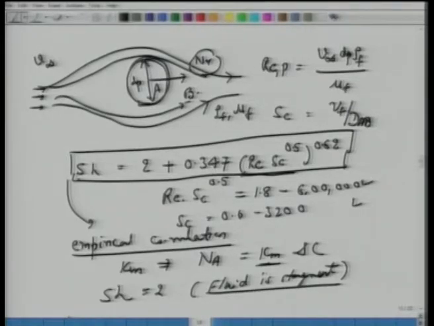So we are trying to give the same message again and again, that the definition for mass transfer coefficient is purely arbitrary. It's an engineering parameter. It's not a fundamental variable. It has been defined to make our calculation simpler in those cases where there are complexities of defining or solving this velocity profile. Similarly, we can take one more example, like we have flow